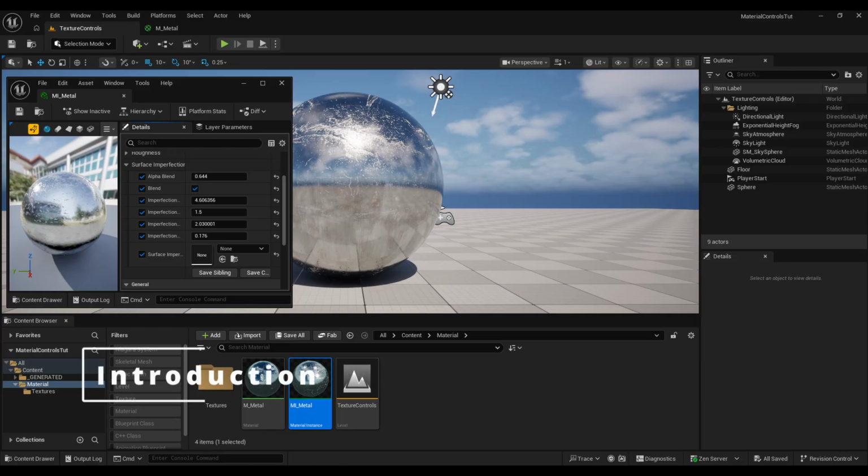In Unreal Engine 5.7, materials aren't just static visuals. They can be fully dynamic and controlled in real time using blueprints. Building upon the adjustable material we've already created, this tutorial walks you through creating surface imperfections to further enhance your